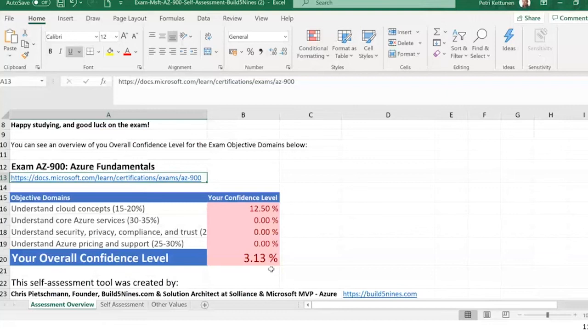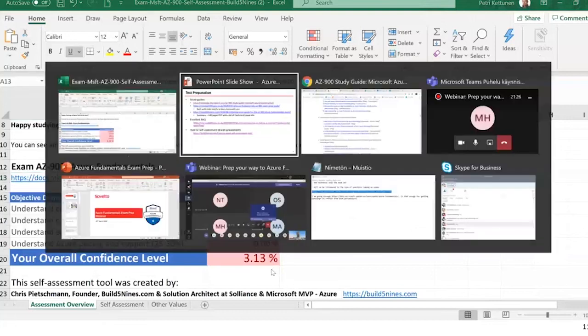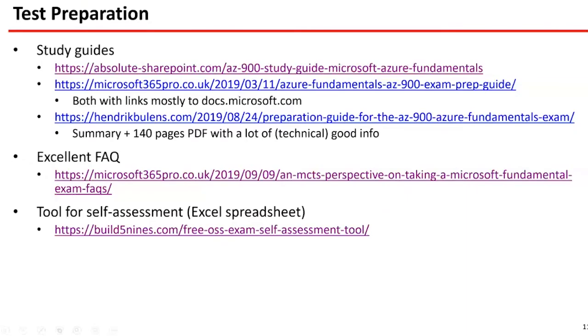There is a link in our PowerPoint presentation where you can find all those different self-assessment Excels for all of the Microsoft certifications. It's a really good tool. Definitely, you should use that.